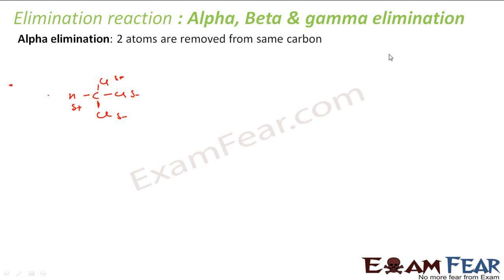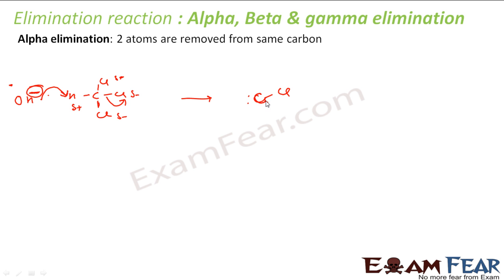Now, since I'm talking about elimination, I'll have a base. So if this base attacks this hydrogen, which reaction am I talking about? E2 reaction, right? E2 reaction, because the base is a strong base. It attacks the hydrogen, and then what happens is any of the chlorines comes out. Why? Because the hydrogen is gone, it gets a slightly negative charge because it is OH minus, and with that the chlorine comes out, and what you get is